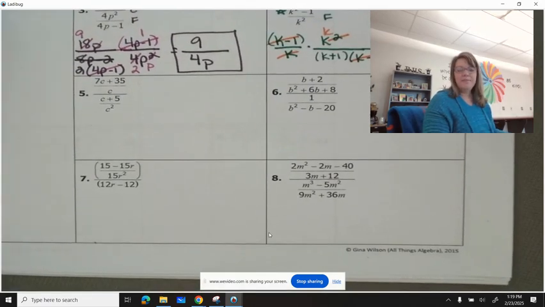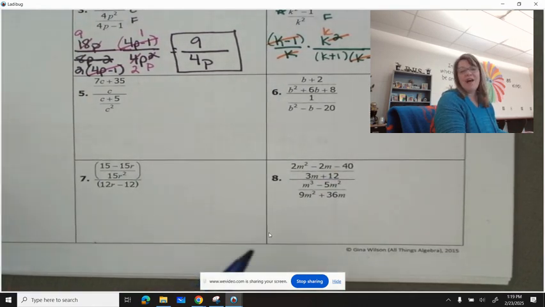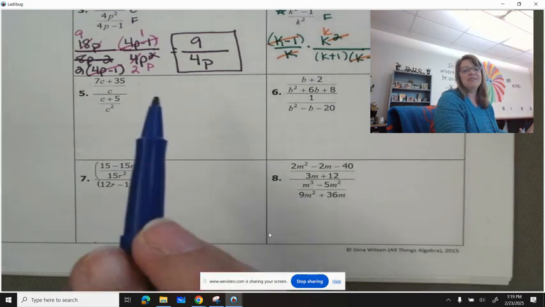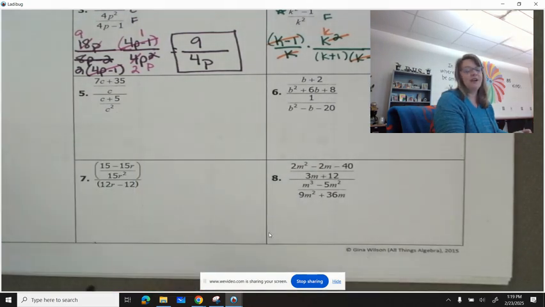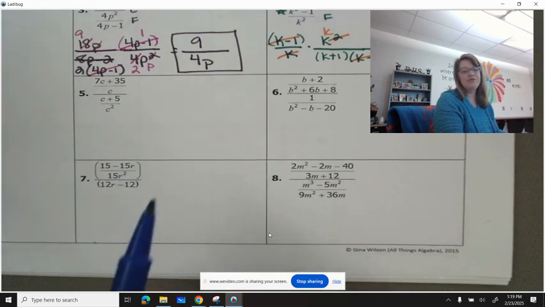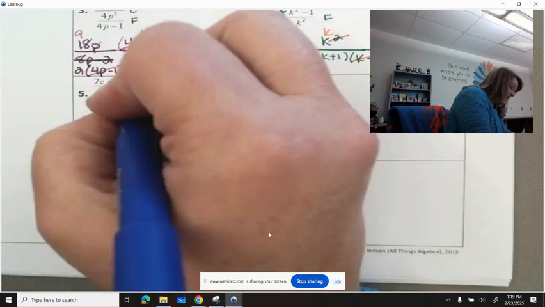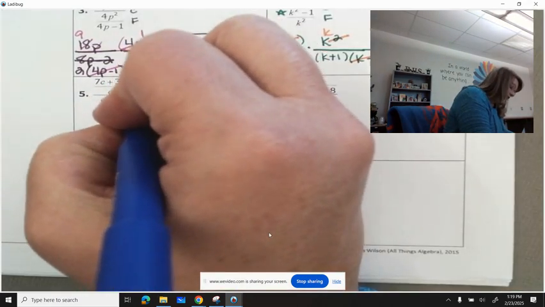Okay, so I'm going to pick up right where I left off the last video, and I'm going to work on these bottom four problems right now, which are still pretty easy considering complex fractions because it's just one fraction divided by another fraction. So I'm going to continue on with my keep, change, flip, and I'm going to factor where I can. So when I look at this one, I'm going to keep, change, flip, and I see that